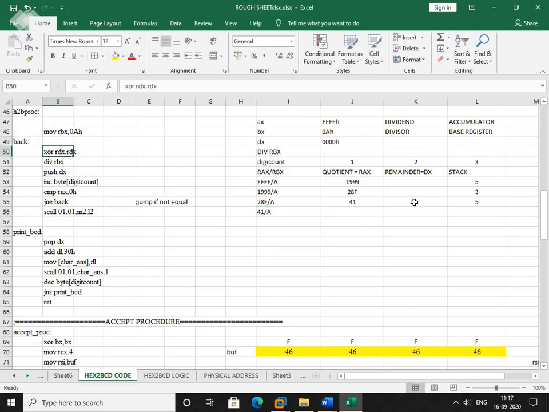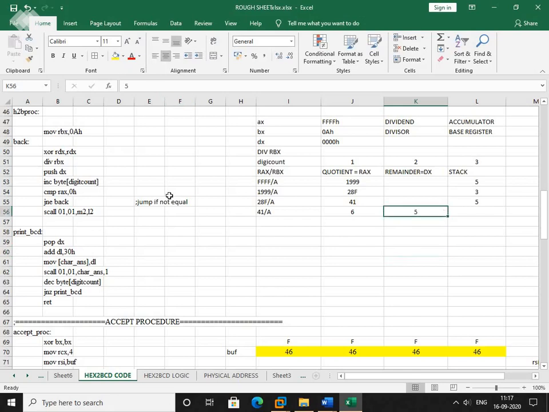XOR the content of RDX. So now RDX will be vacant. That means 0, right? Next, div rbx. So 41 divided by capital A. So what is the content of rbx? Capital A. So it will be dividing the content of the accumulator, that is 41, right? So 41 divided by A, I get here 6 as the quotient and remainder as 5, right?